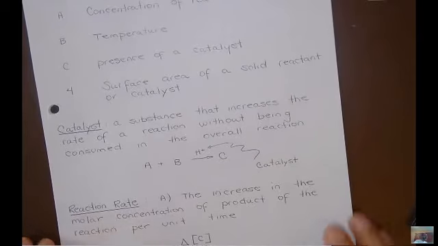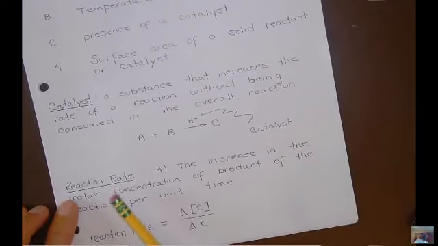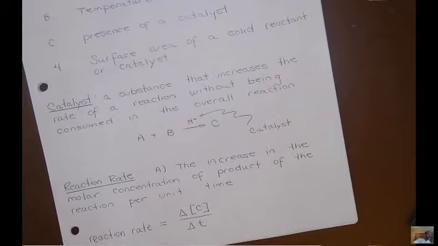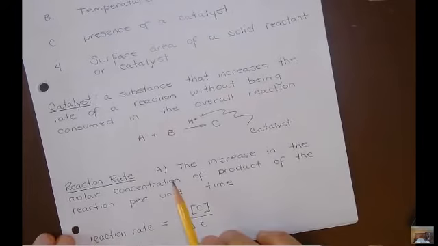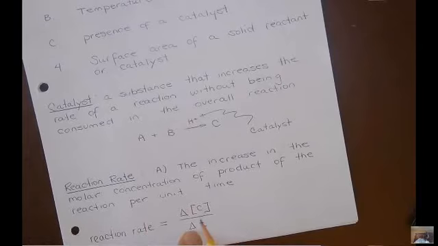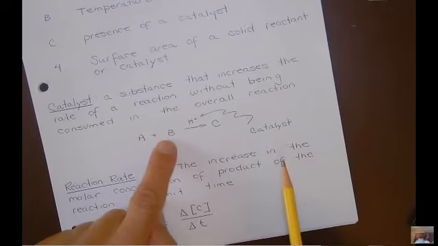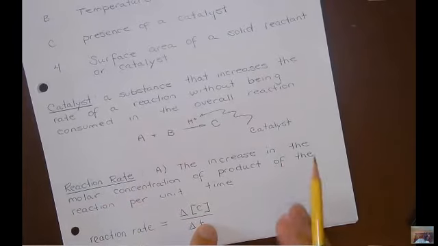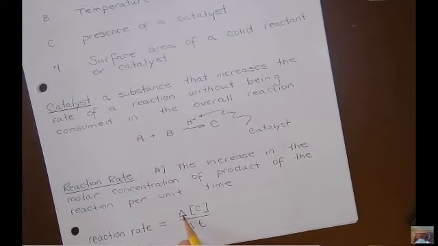Okay. All right. Next thing we need to talk about is the reaction rate. Okay, so we're going to quantify how fast a chemical reaction occurs by discussing its reaction rate. So the reaction rate has the following properties. A, it's an increase in the molar concentration of the product in reaction units, reaction per unit time. So the denominator is always going to have the change in time. So you start the stopwatch at the beginning of mixing A and B together, and you stop the stopwatch, okay? You stop the stopwatch at a given time after the reaction occurs, and you check out how much C was